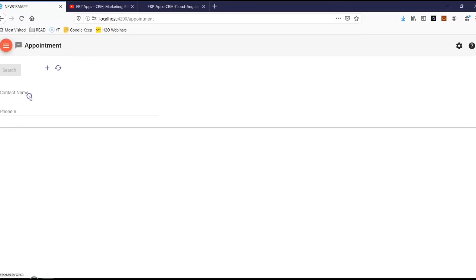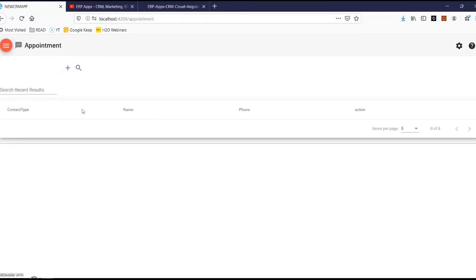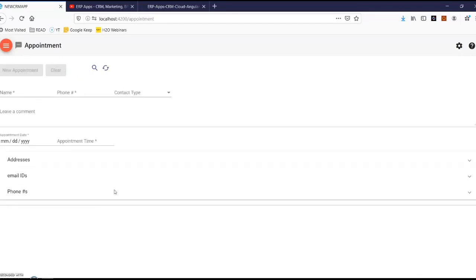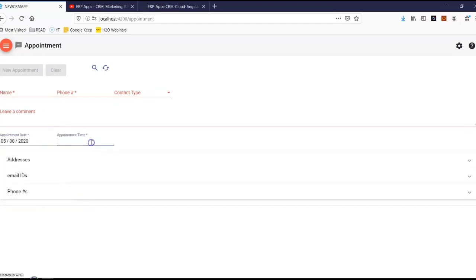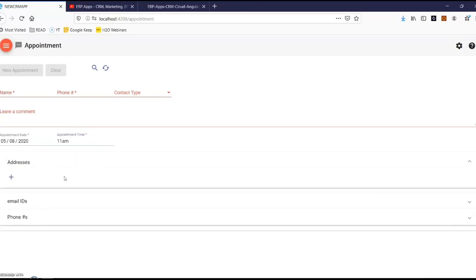Now let me walk you through the help desk or BPO call center related functionality. As you can see, the first page I've implemented is the appointment. So in a call center, or any other application, if you want to store any appointment for your business, for example, any customer is interested in your product and wants to book an appointment with you.